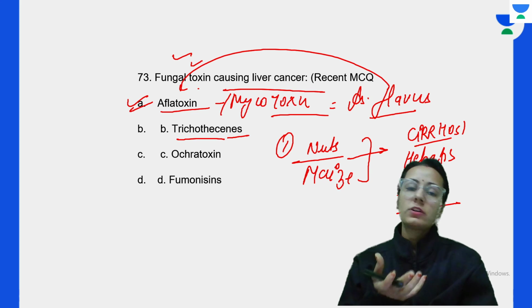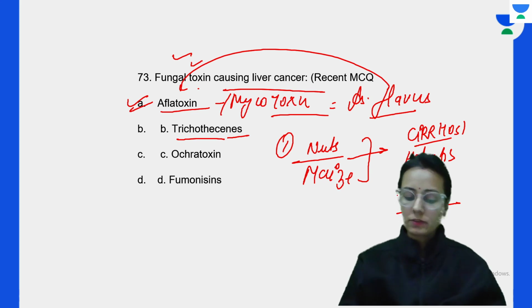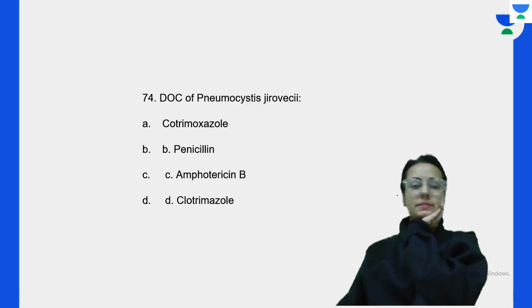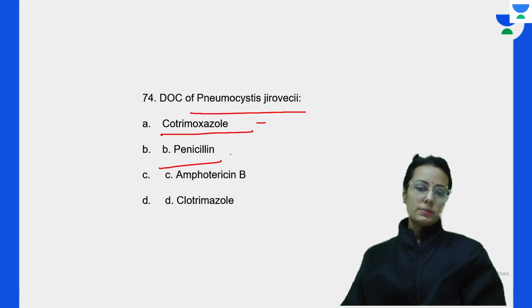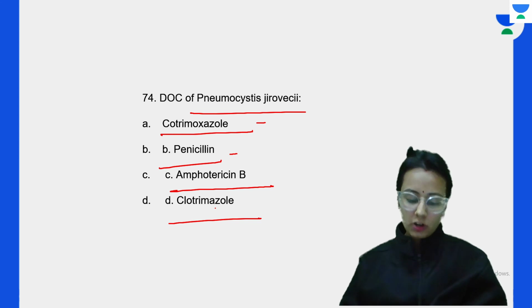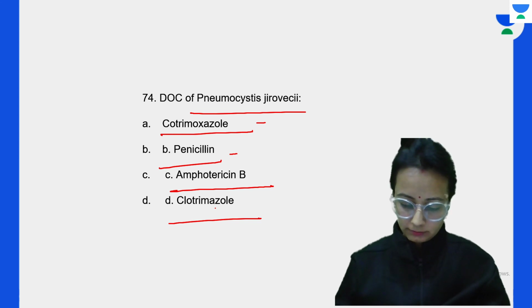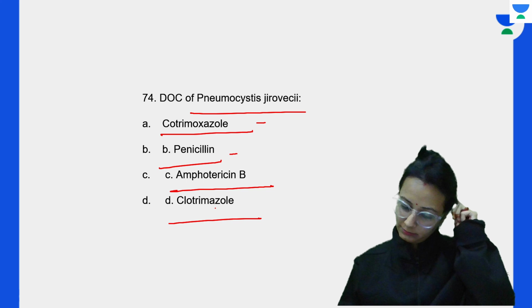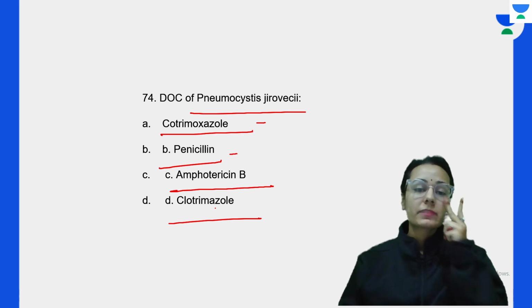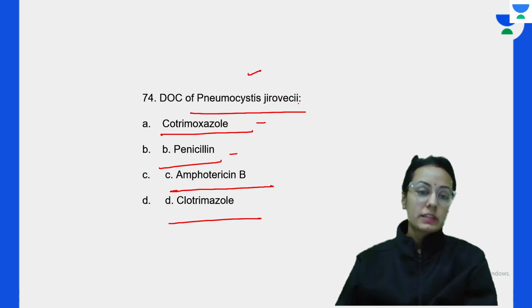So remember, aflatoxin is a mycotoxin released by what? Aspergillus flavus. Now, the drug of choice for Pneumocystis jirovecii is cotrimoxazole, penicillin, amphotericin B, or cotrimoxazole. So, the drug of choice for Pneumocystis jirovecii is,